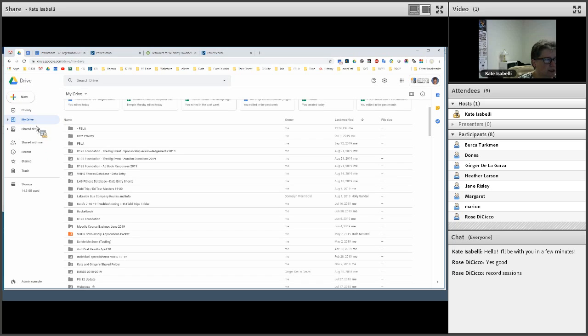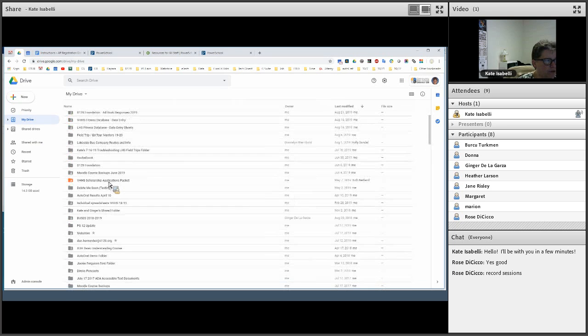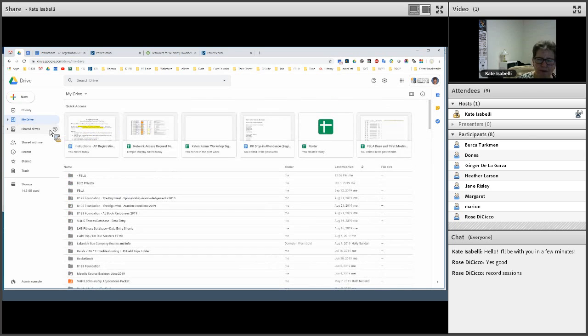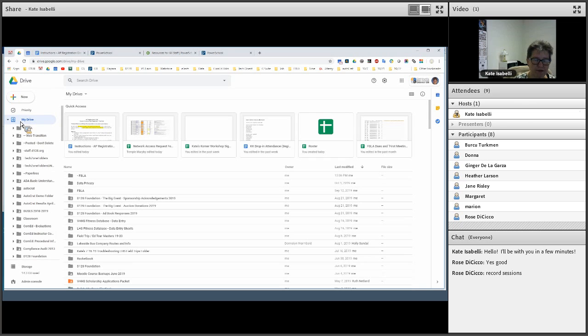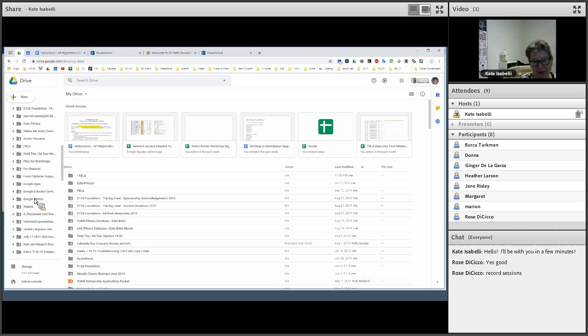And now in my drive, obviously I do see all my folders, but typically when I'm going to navigate through that tree a little bit, my practice is I tend to like to click the triangle to the left of my drive and see that list fan out over here on the left so that I can go choose what I want. Now, when you look at my list of folders,